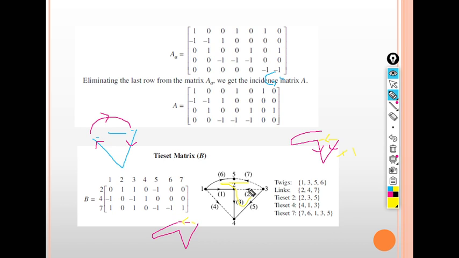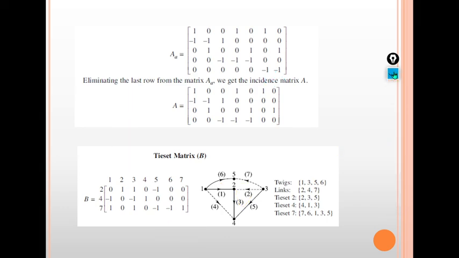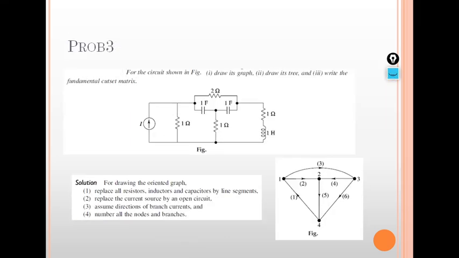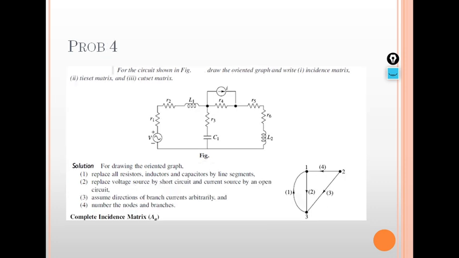So what we are seeing, 1, 2, 3, 4, 5, first you will put 1, 2, 3, 4, 5, then check whether it's +1 or -1. So here it is -1, 6 is -1, 7 is +1, this 1 is +1, 3 is +1, this is -1. Okay. So in this way you can draw the tie-set matrix. Now where you can apply. So problems 3 and 4, the same way you can take.